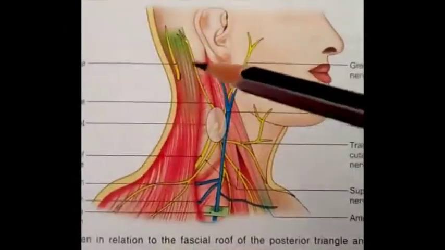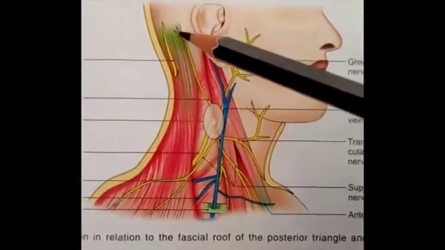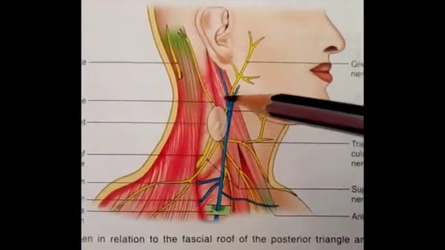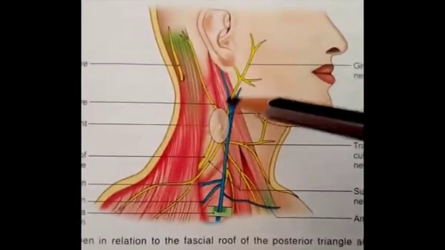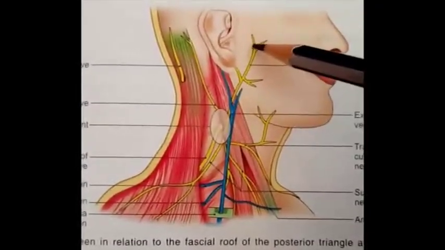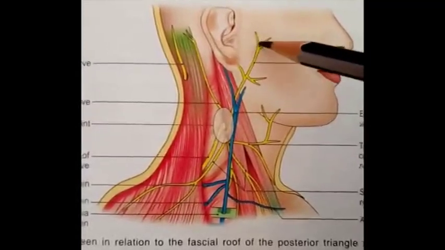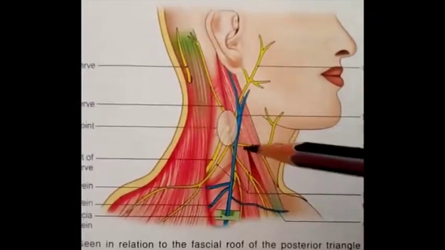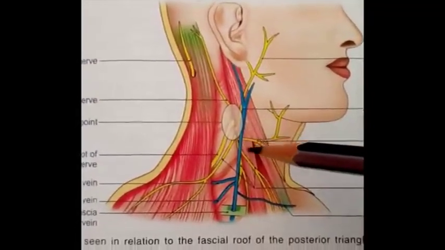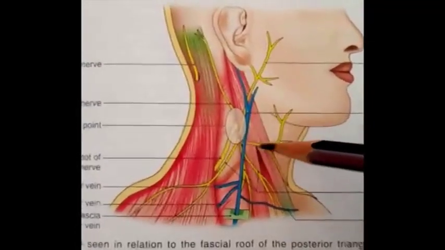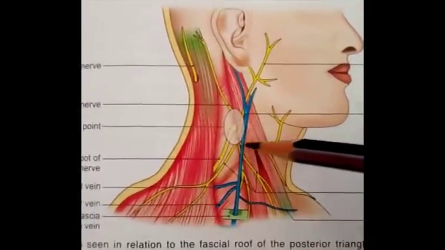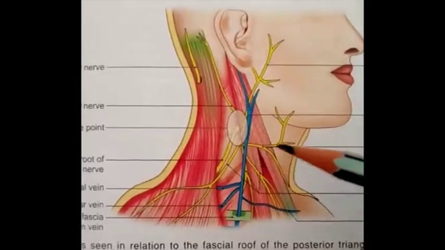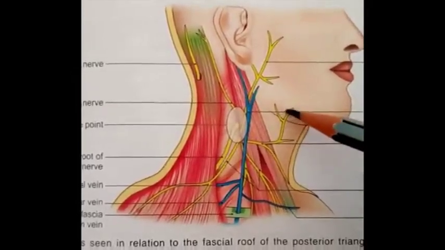Lesser occipital nerve supplies small strip of skin behind the pinna, and greater auricular nerve supplies skin of posterior part of face just in front of the ear or pinna. Then transverse cervical nerve reaches almost the mid of the neck and supplies that area, and also a small part of the skin in the area of posterior part of mandible.